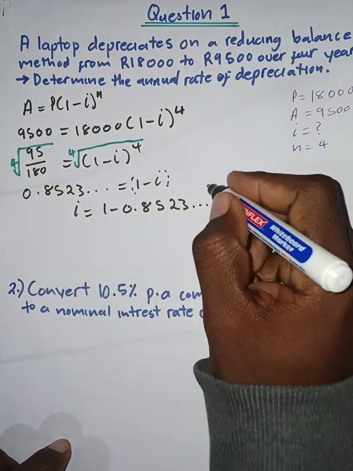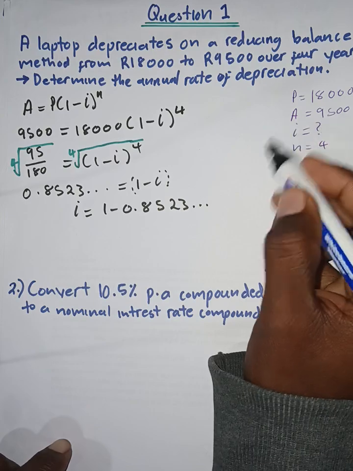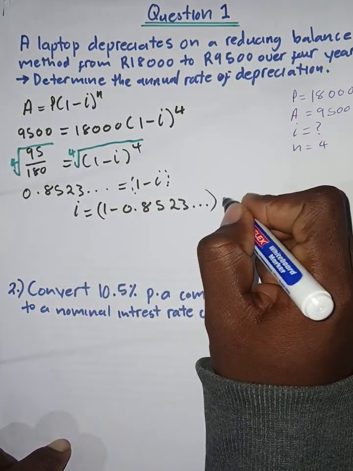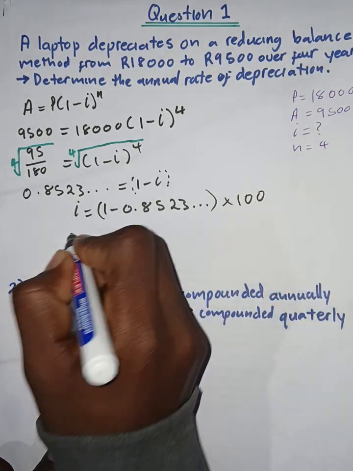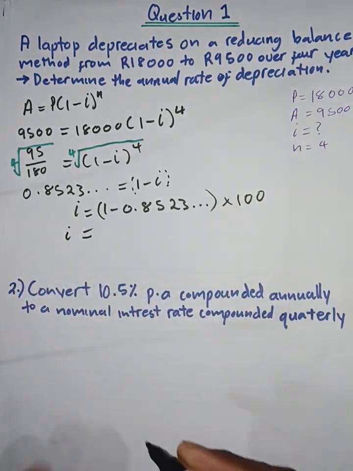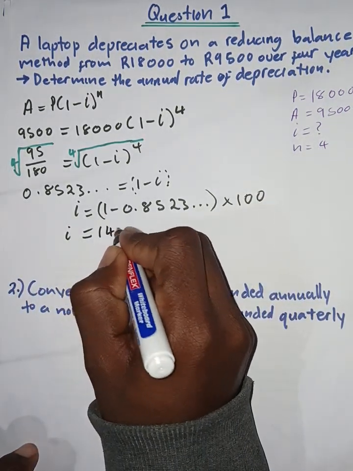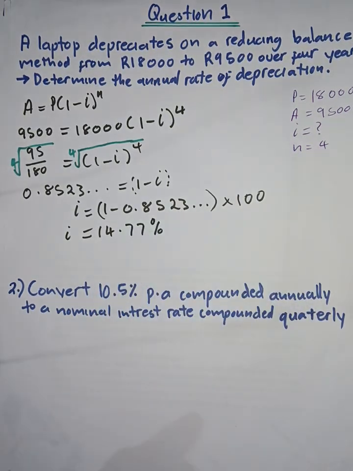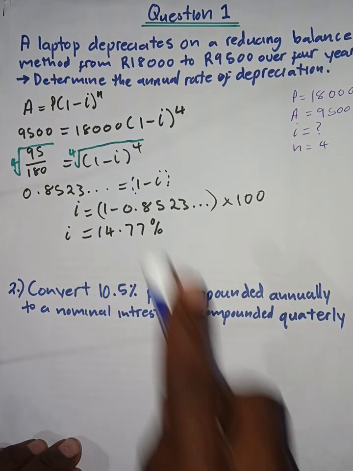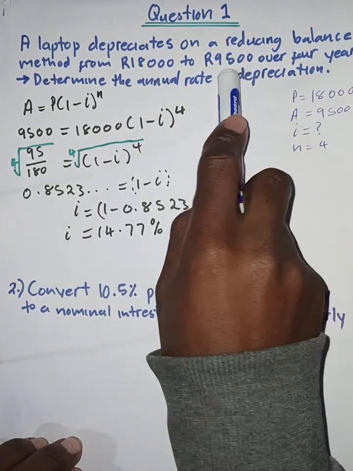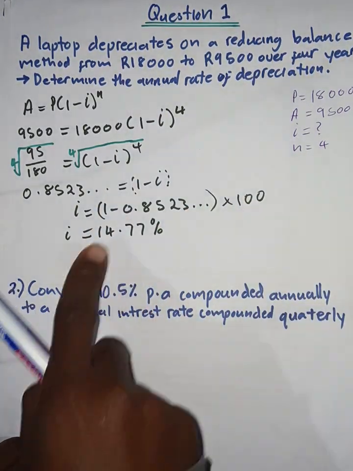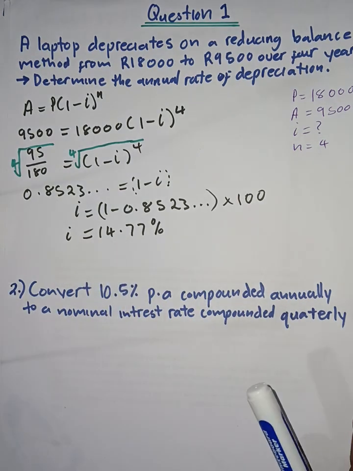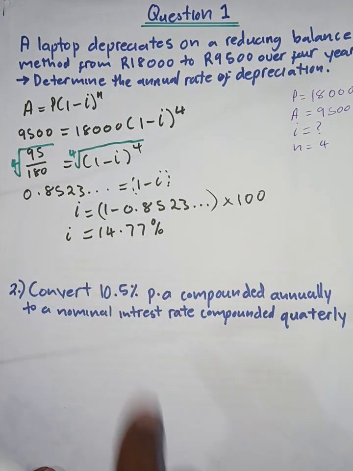We know that interest is in percentage, so we would multiply whatever value we get there by 100, and you would get i to be 14.77%. So in order for that laptop to depreciate from 18,000 to 9,500 over 4 years, it would need to depreciate at an annual rate of